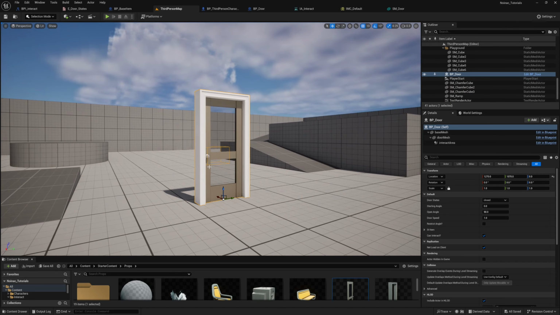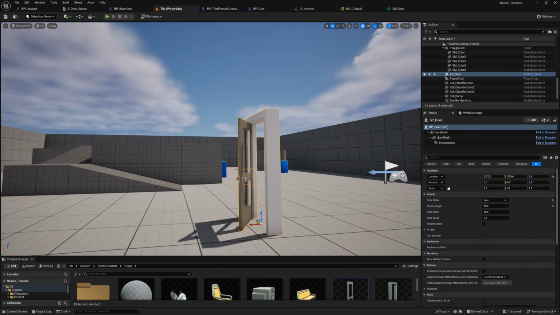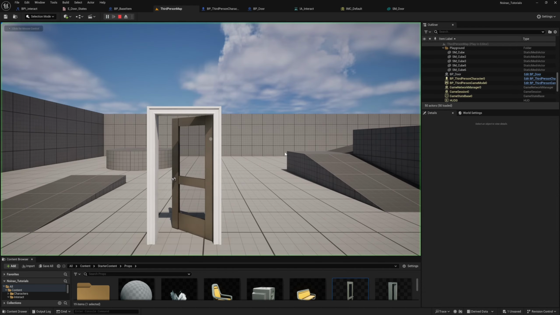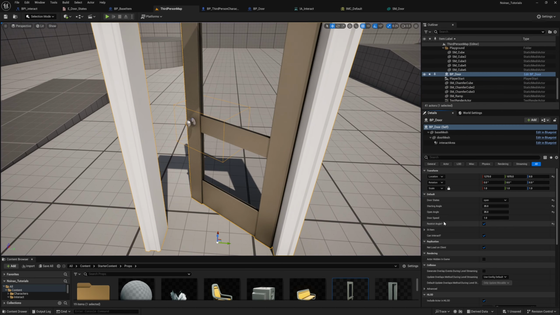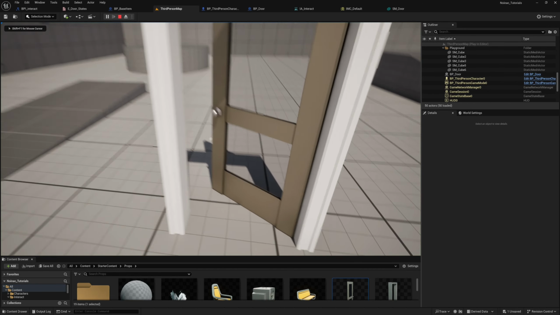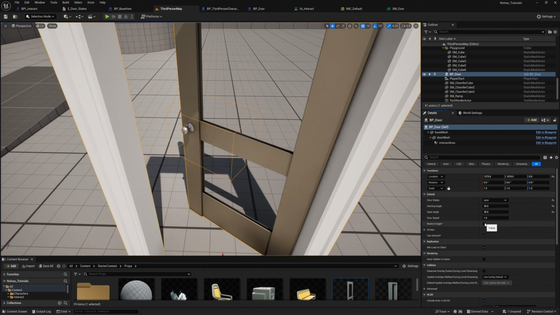We have controls over the starting position, so here we will set it to open and set the starting angle to say 35. You can see it starts open, and it can open to 90, then close. We can also restrict the opening to the starting angle, so from here it will just close and stop at 35. If we untick that, we can also change the opening angle to say 70,